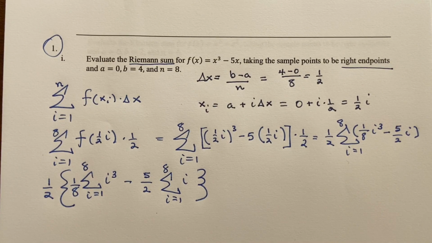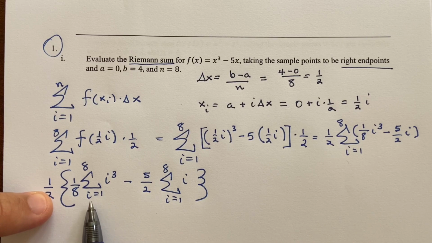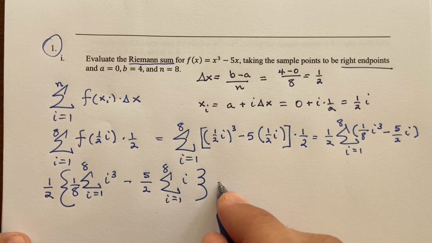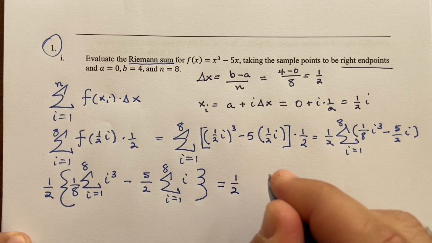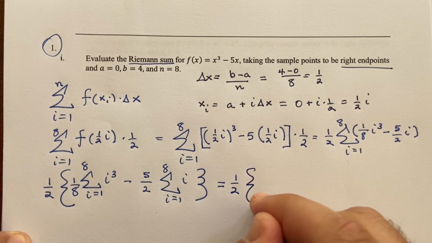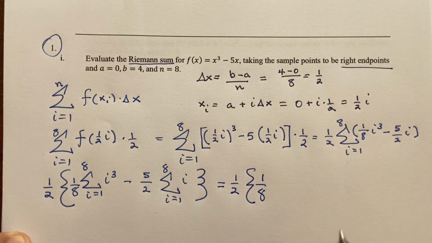Now for the actual formulas. So if you look on one of the pages in the notes, I forget which page it is right now, but you'll have a formula there for the sum of i cubed from i equals 1 to n. It just so happens that n is 8. So when it comes time to evaluate that formula, we'll just have n equals 8. So using those formulas on whatever page that is, I can replace. So I'll have still 1/2. Still I'll have this brace 1/8 times,